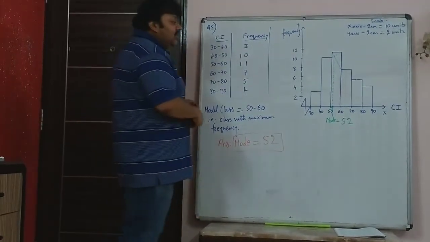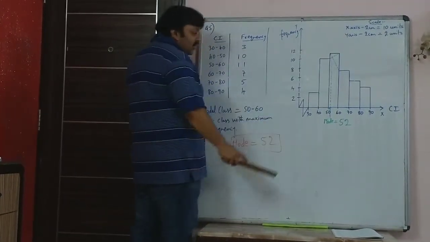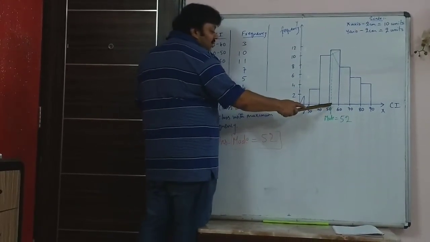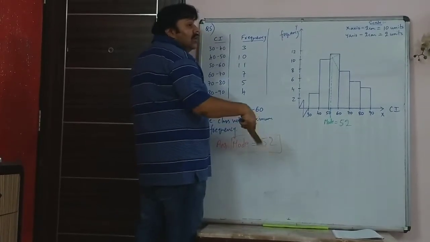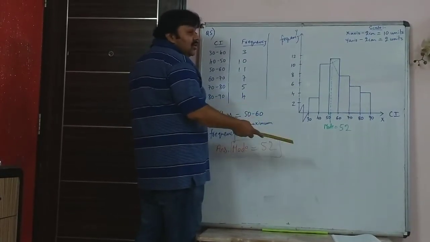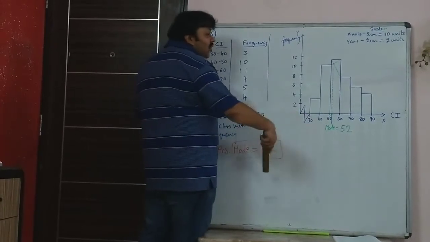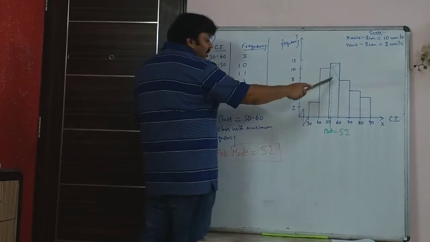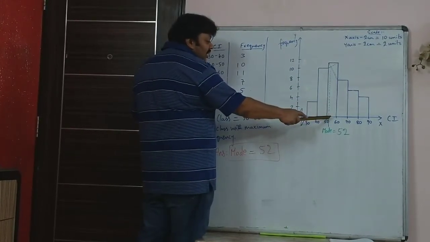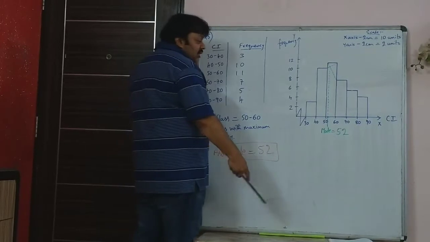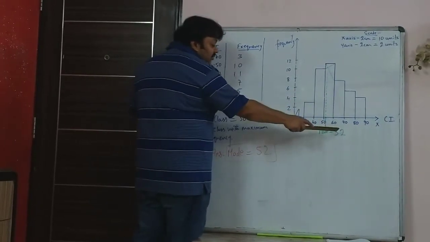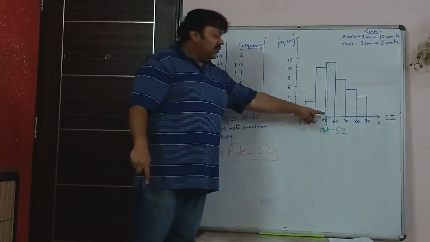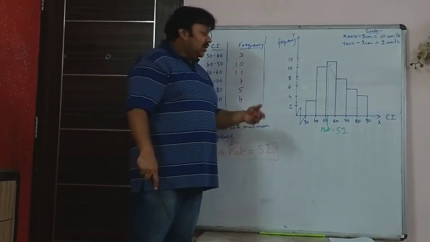In your graph, when you draw it as per the scale given, when you drop this line, it is seen to be exactly 2 lines after 50. 2 lines after 50 if you are using 2 centimeter graph, and 4 lines after 50 if you are using 1 centimeter graph. Because this is a 2 centimeter graph and 2 lines after 50, the reading is 52. One line would have been 51, 2 lines is 52.